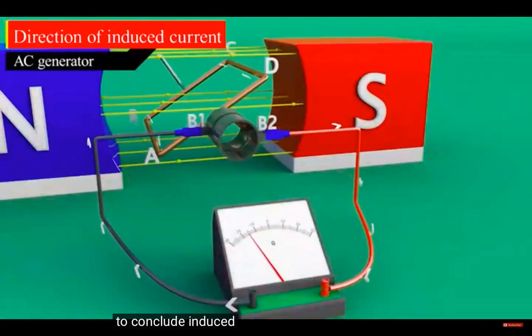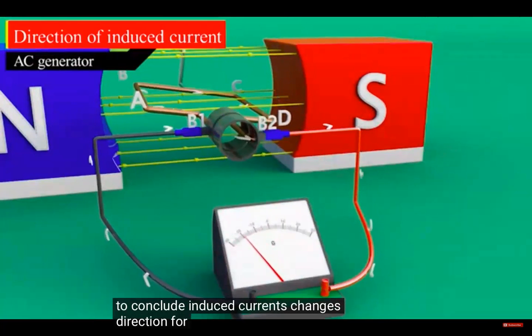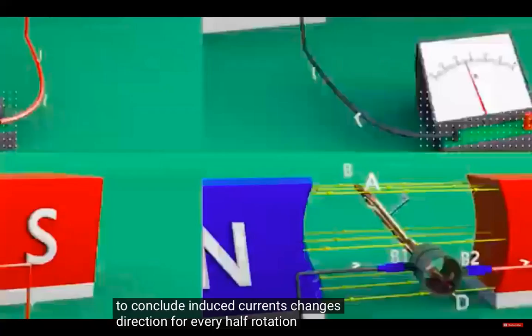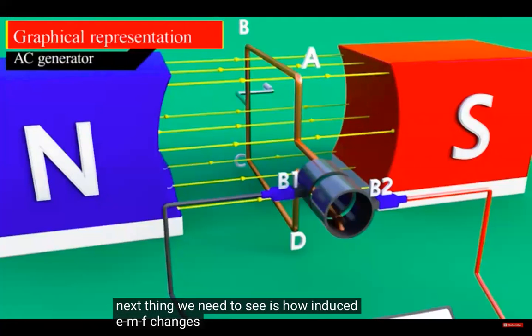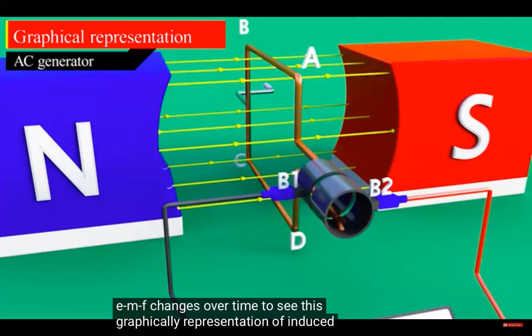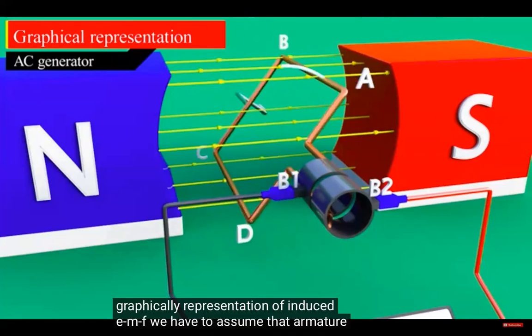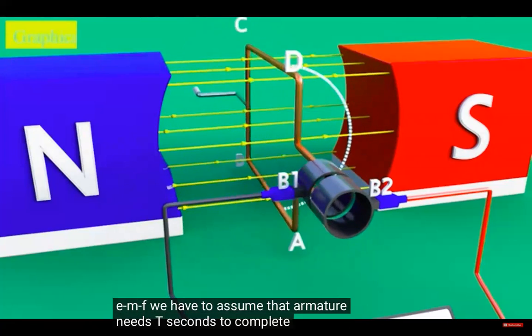To conclude, induced current changes direction for every half rotation. Next thing we need to see is how induced EMF changes over time. To see this graphically representation of induced EMF, we have to assume that armature needs t seconds to complete full